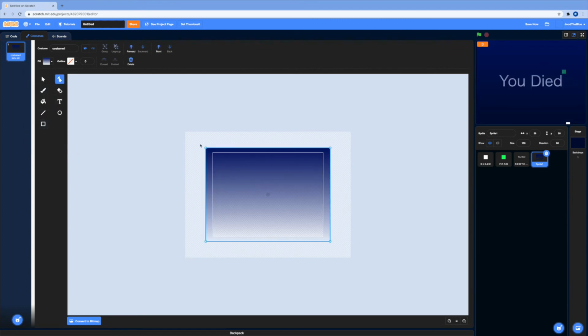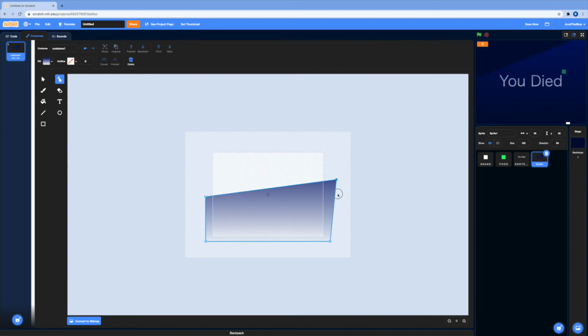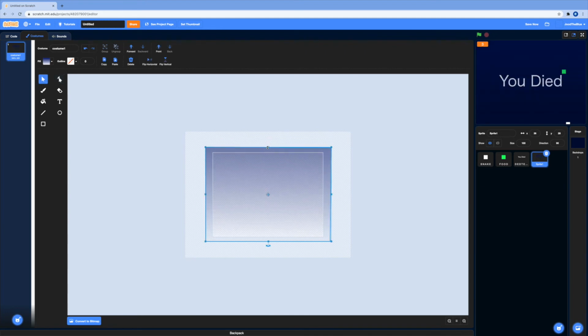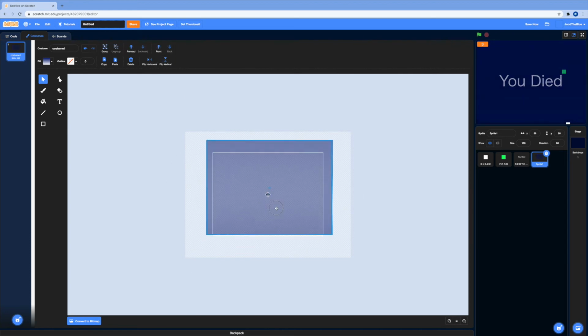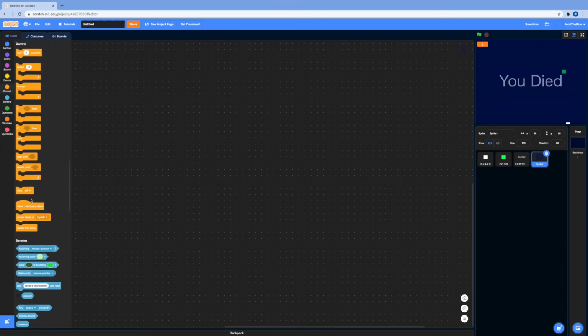Drag in this reshape tool, and then make it so it's a little light, like this. And then drag it so it fills the entire screen, duplicate it and flip it upside down so it looks like a gradient. It's a clear screen. So when I receive dead,